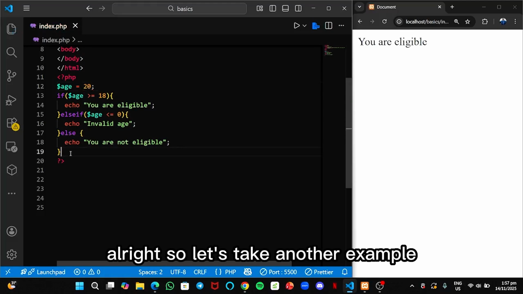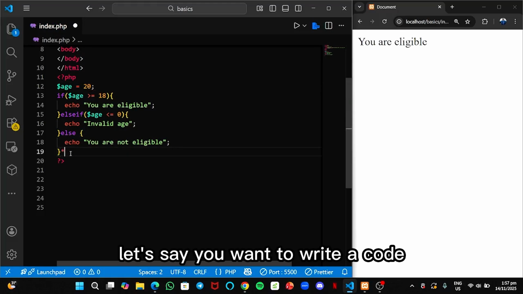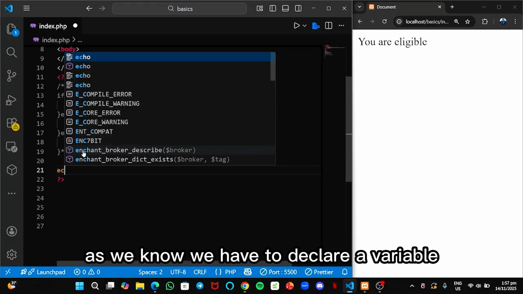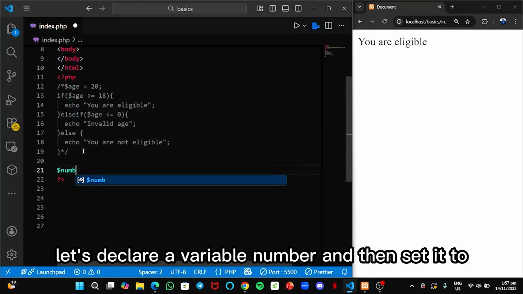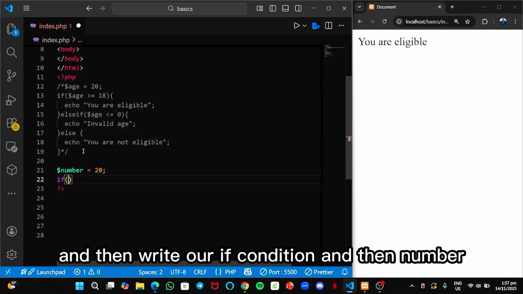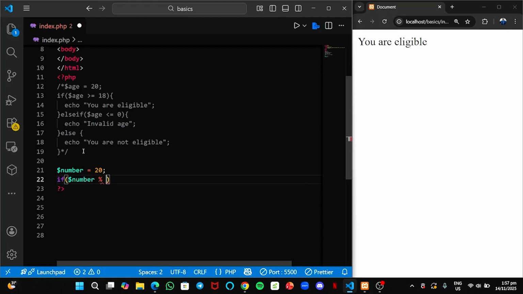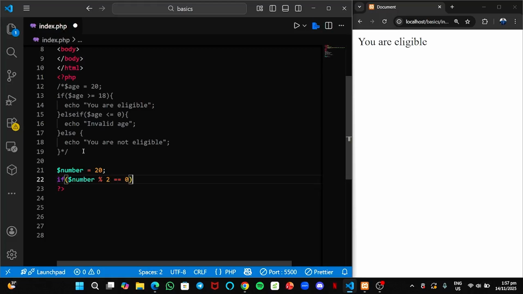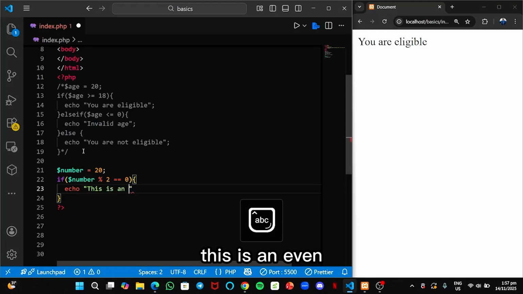All right, so let's take another example. Let's say you want to write code that will determine if a number is even or odd. To do that, first of all, as we know, we have to declare a variable. Let's declare a variable number and set it to, let's say, 20, and then write our if condition. We use the modulus. If the number is divisible by 2 and leaves no remainder, it should echo out this is an even number,